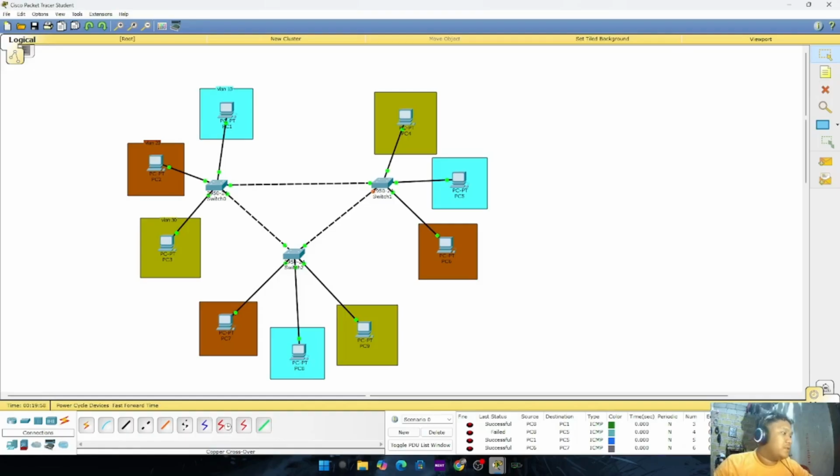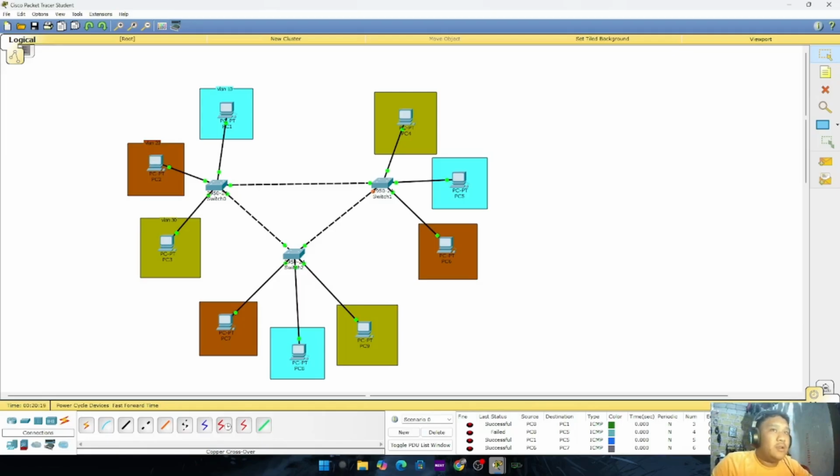STP detects loops in a network, then blocks some switch ports and creates a loop-free structure. Lastly, if a primary link fails, STP can unblock a backup link, ensuring redundancy.